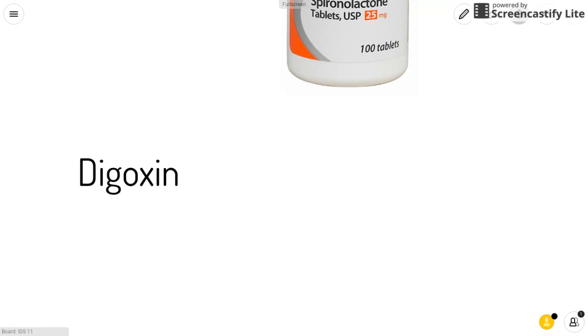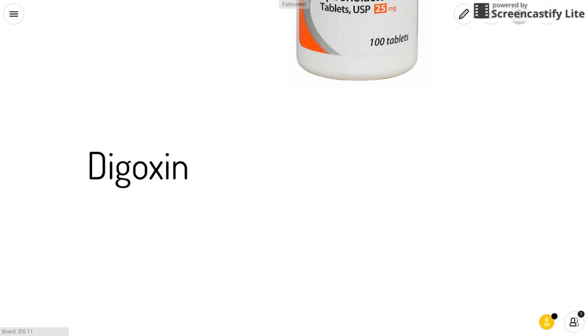Another type of medication is digoxin. It's given to people with heart rhythm disorders, heart failure, or weakened heart muscle, and it improves the pumping action of the heart and slows it down, so it makes you less tired and short of breath. One note is that you need to avoid black